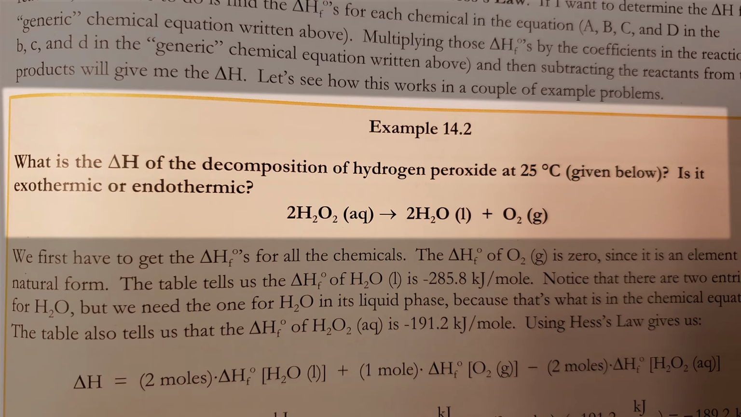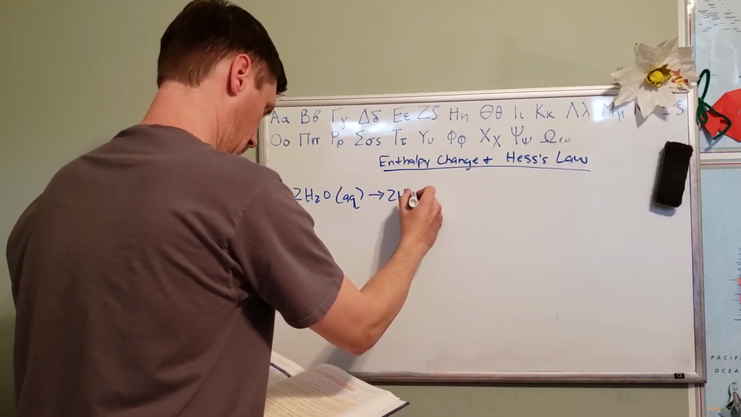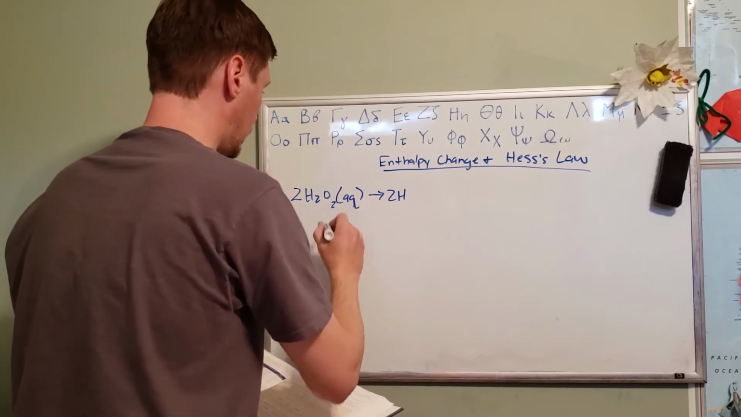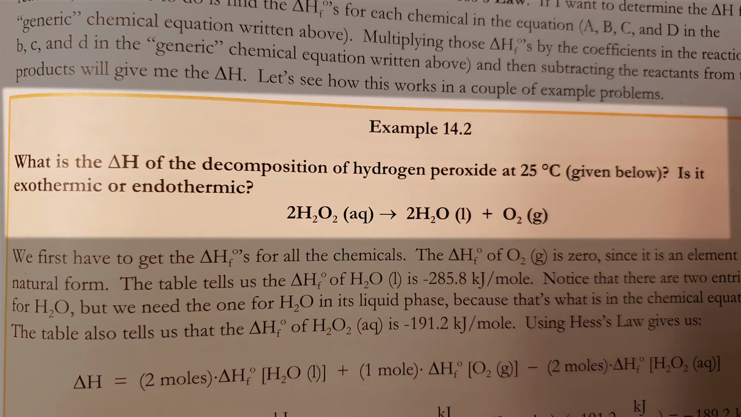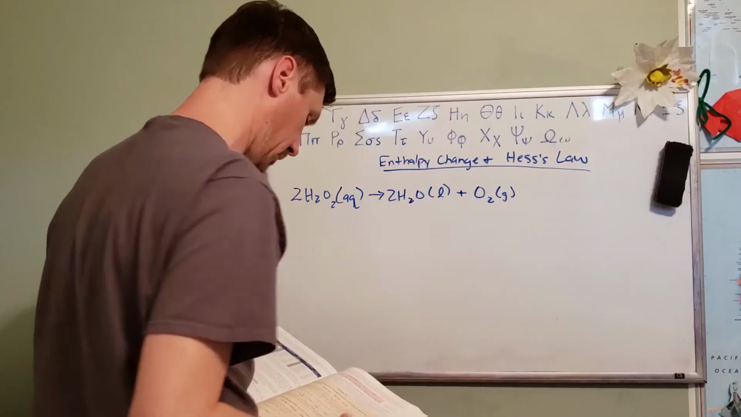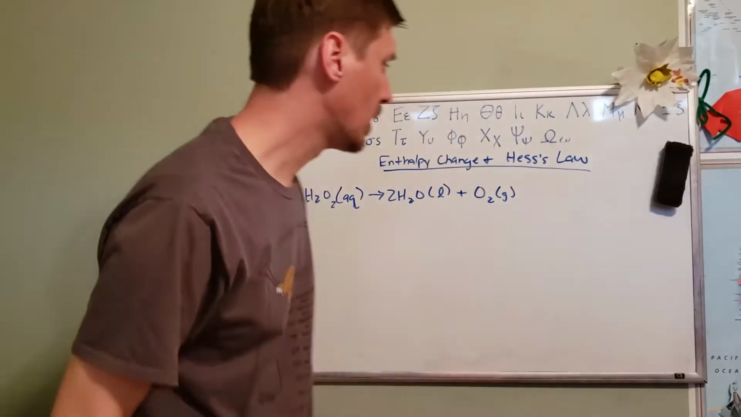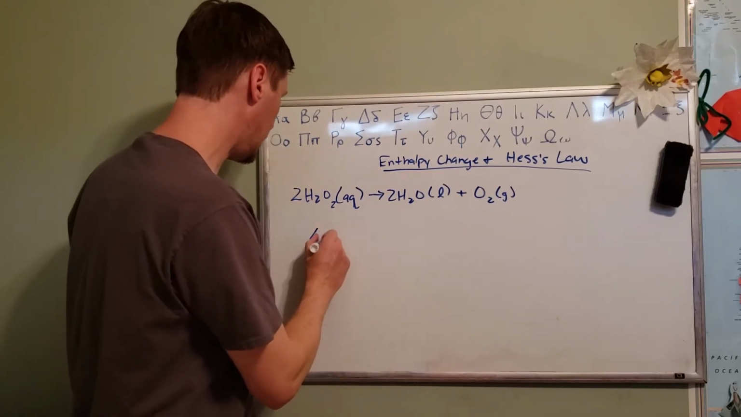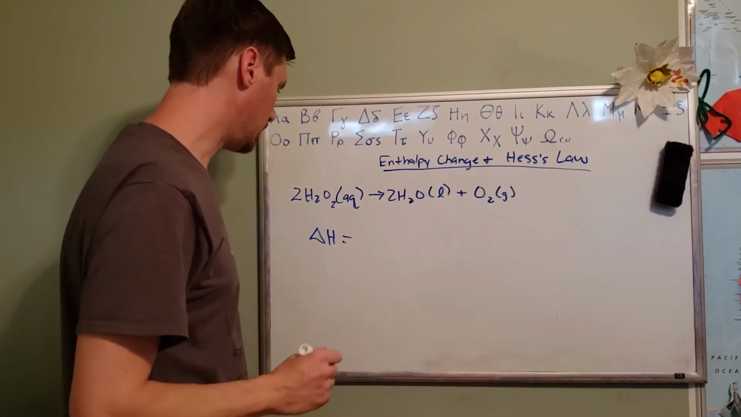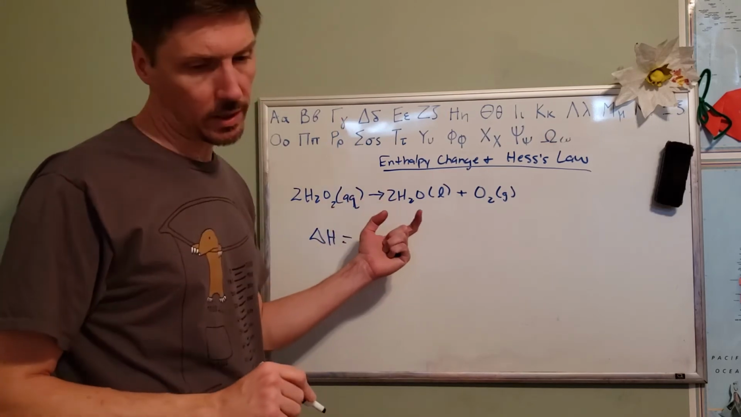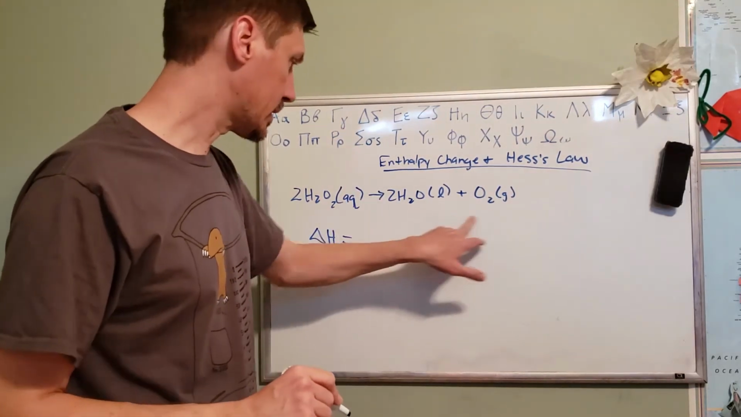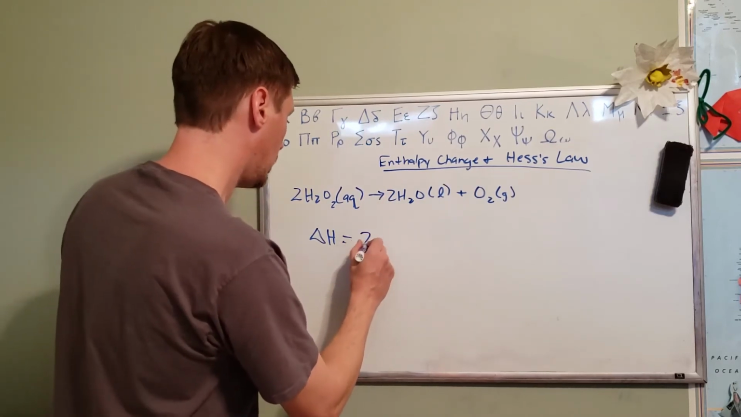Here's the reaction: 2H2O2 aqueous, hydrogen peroxide, sorry, yields 2H2O in liquid form plus O2 in gas form, okay? So what is the change in H based on Hess's law? Change in H is going to be equal to, remember with Hess's law, we start with the product side. So we say we got two